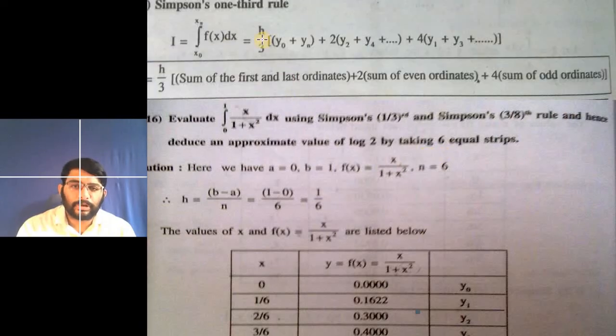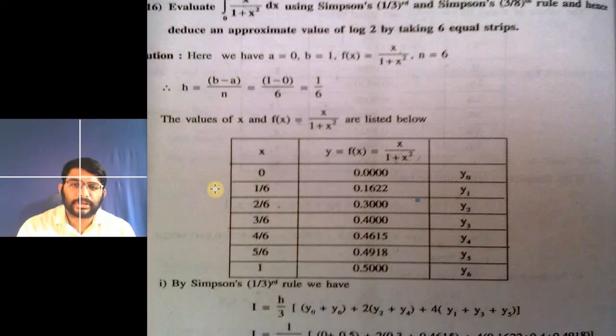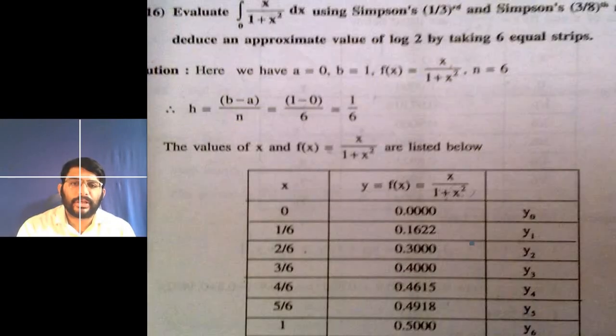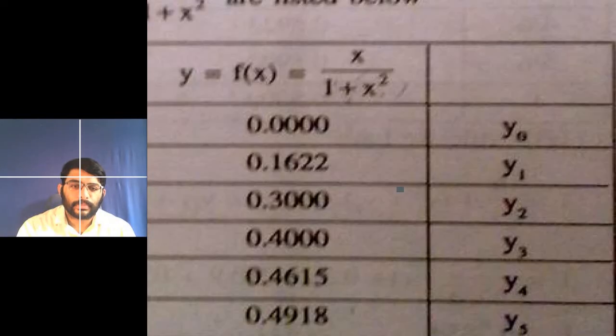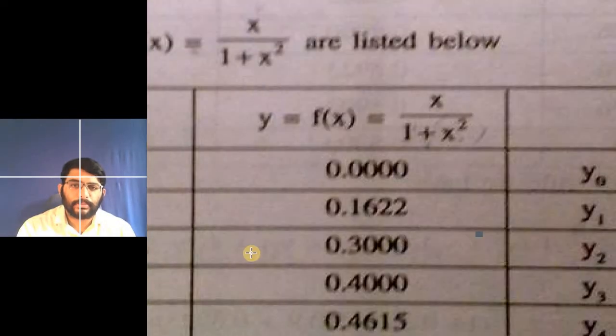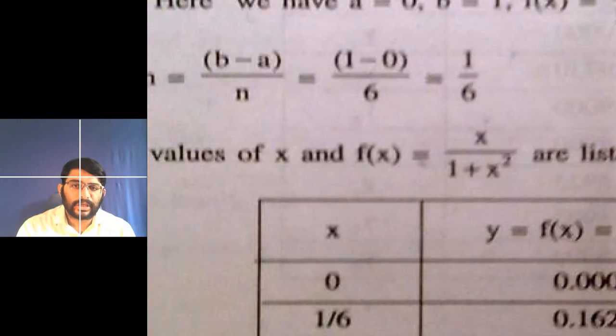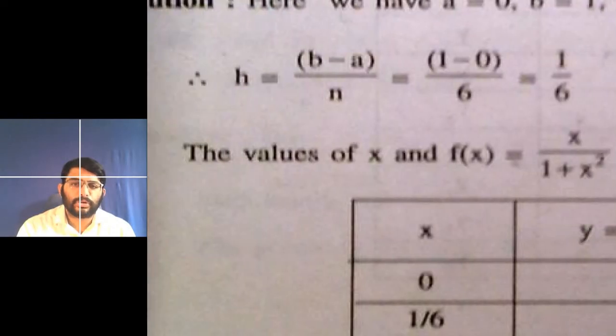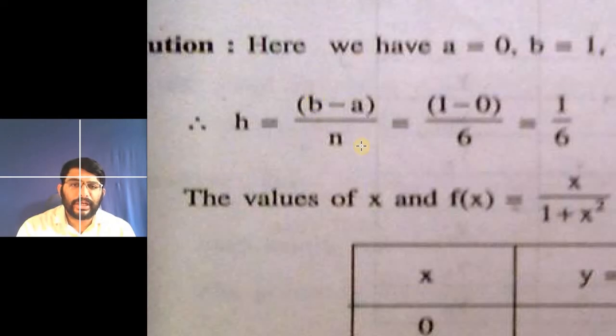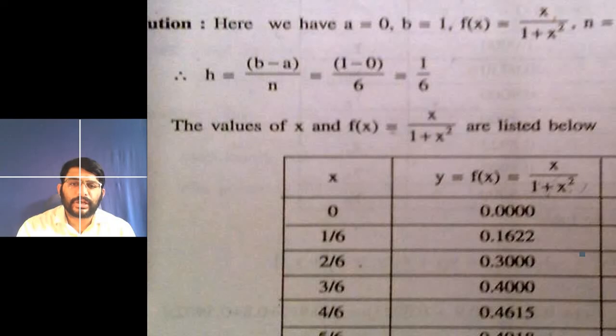Now, for our equation, what do we want? We want the value of h, but h is not given. By using the a value and b value we can generate the value of h. To generate it, there is a ready formula, the same formula we used in the trapezoidal rule: h is equal to b minus a divided by n. B value is already given, a value is already given. If you substitute the b, a and n values here, you are going to get the value of h. So this is the way to generate the value of h.